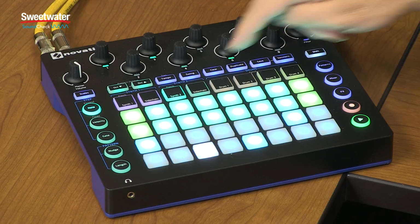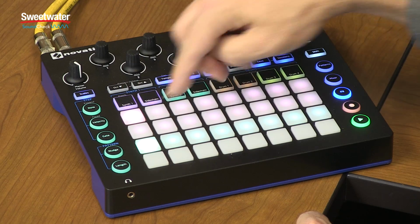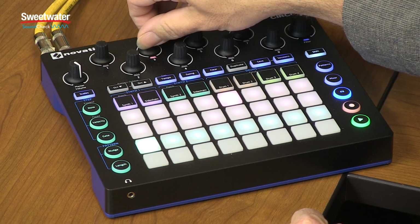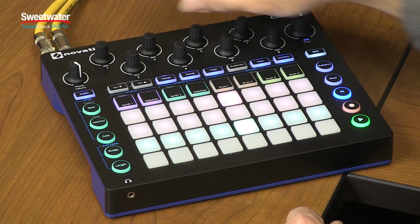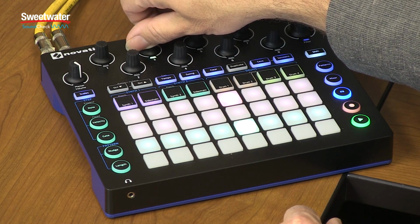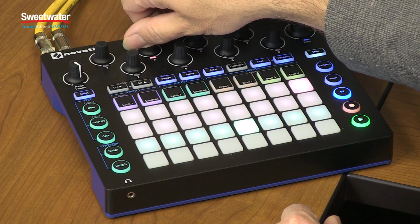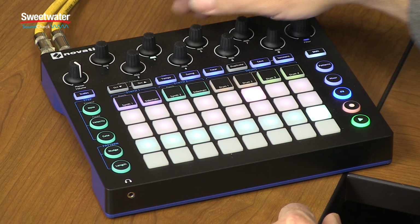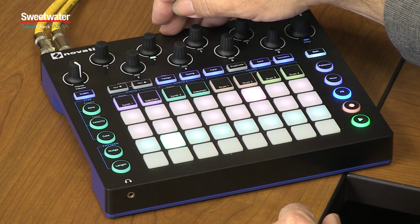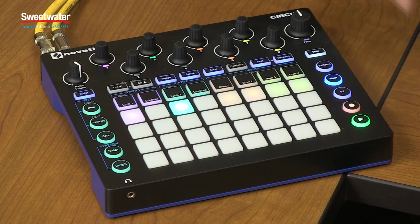So if we play this back, go to our synth 1 and our effects. At the top, we have 16 different delay presets. And on the bottom, we have reverb effects. We have a mixer available that allows us to either mute tracks or to control their level. So if we switch here,